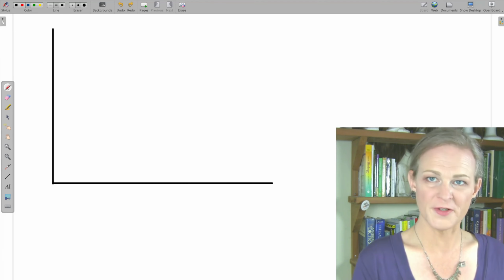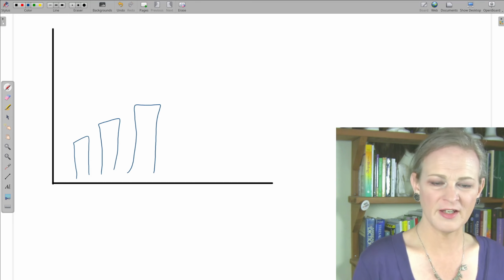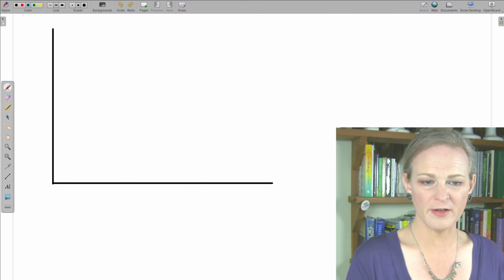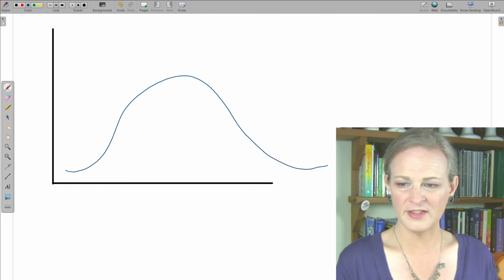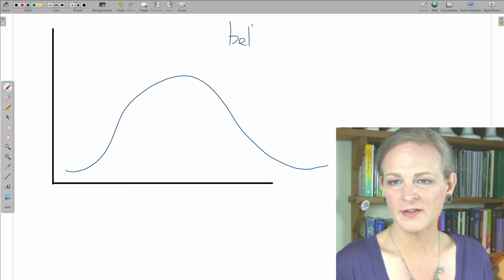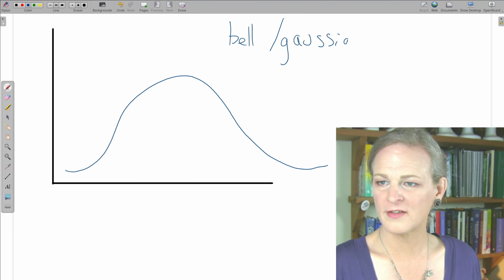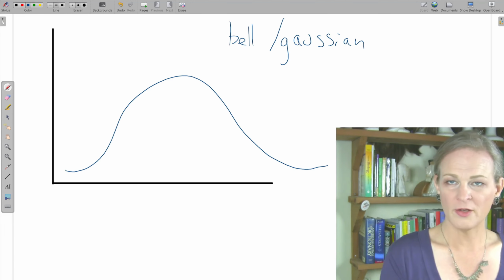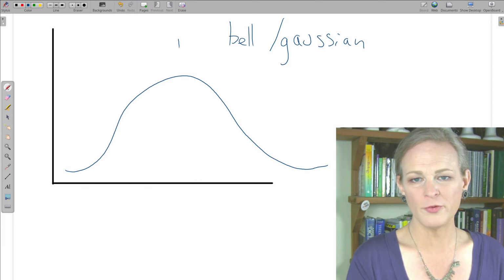So first things first, instead of that sort of messy bar graph kind of a thing, I'm going to draw a shape that hopefully you're familiar with by this point. And that's the bell curve or the Gaussian curve. And what this represents is a normal distribution of data. And all that normal